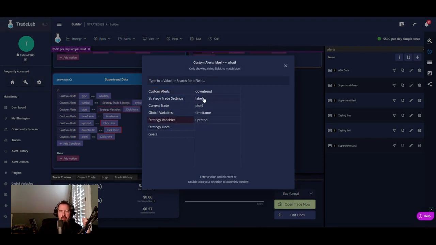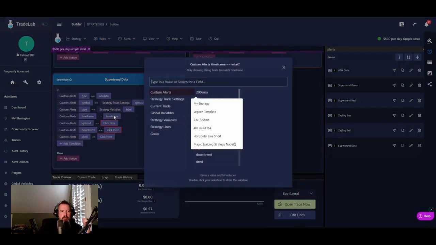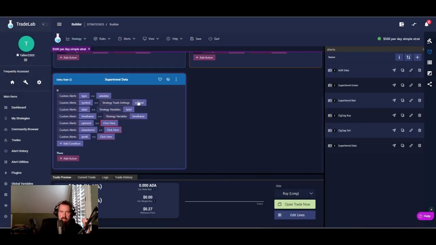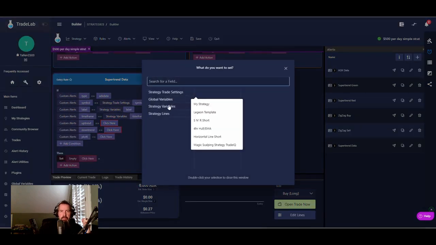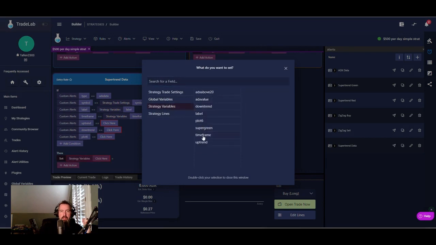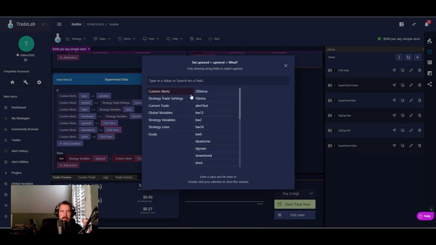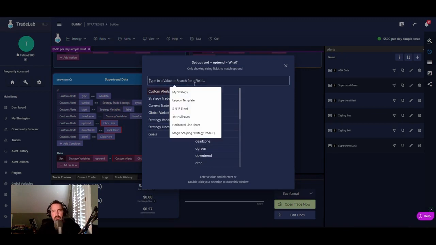Change this strategy variable label and this strategy variable time frame. So this is going to recognize the information coming in from Tradingview. When we get this, we want it to populate the strategy variable uptrend